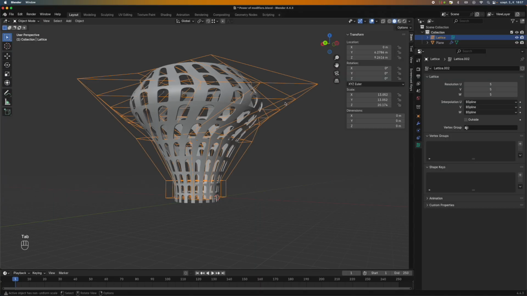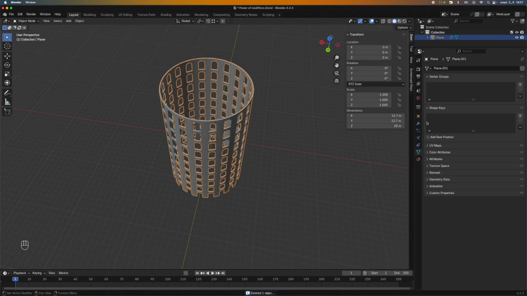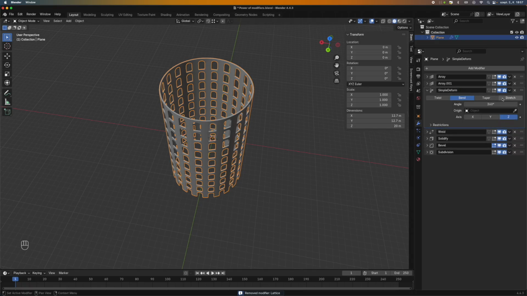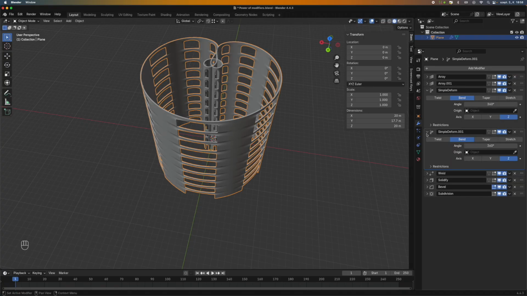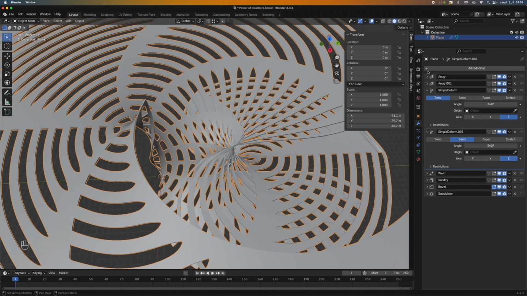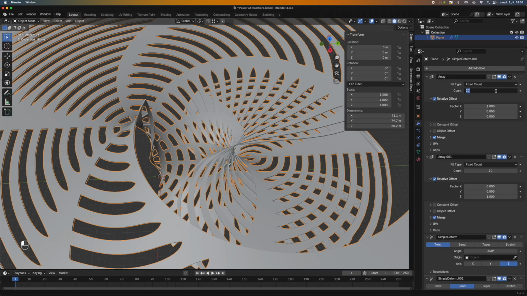Another cool way to rotate this is jump back to the modifiers. I want to delete the lattice. And let's duplicate this simple deform. Duplicate it. And as you can see, it created a very interesting shape. I'd like to twist it. And also I'd like to decrease the count here a bit for like 10,